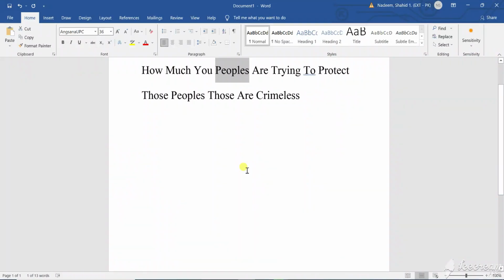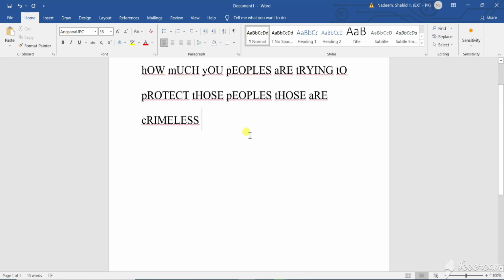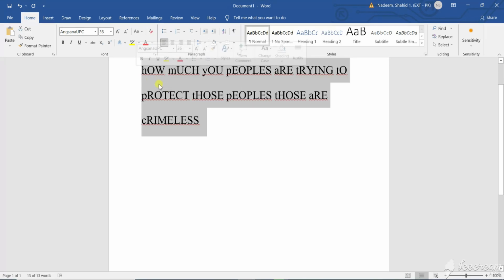In the first part of this Microsoft Office course, we have to discuss what we are trying to do. In the last video we discussed the size of all these cases. Now we have to discuss the last case, that is the toggle case. You can choose this toggle case. What is meant by toggle case? It means the first letter of each word